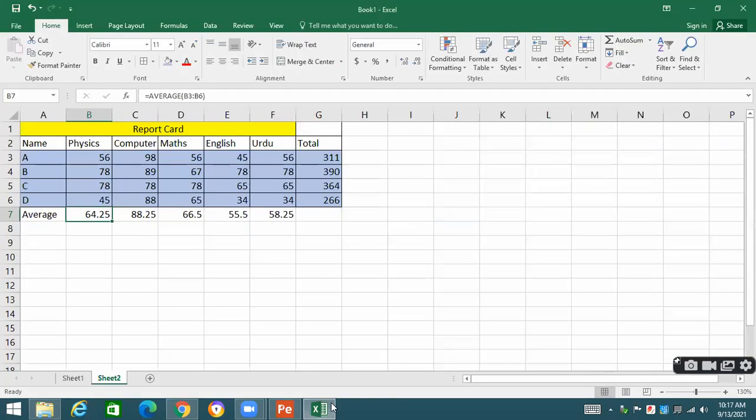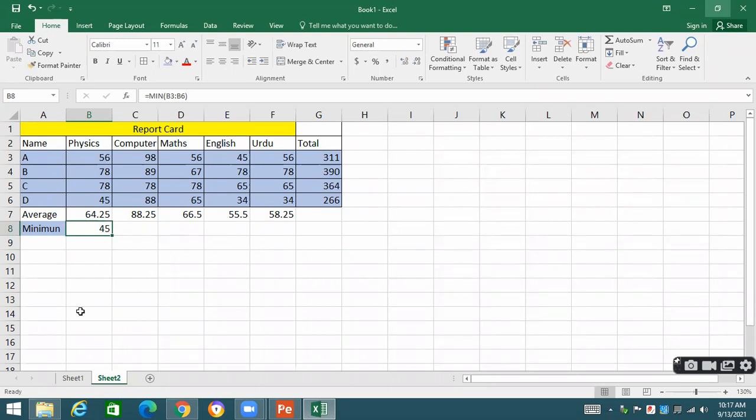Students, okay. Who is the student who has got minimum marks? Minimum marks, I need to calculate over here. I am going to use this min function. In these marks of physics, which one is the minimum, the least value? The least value is 45. See over here, what did I do?